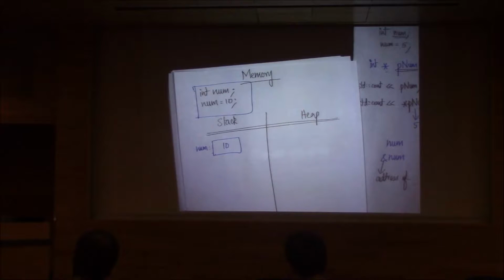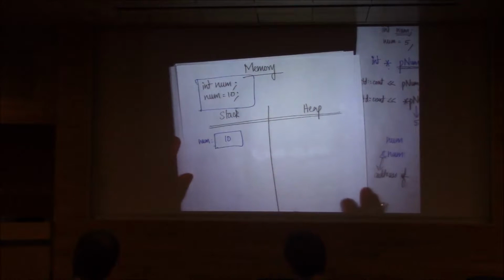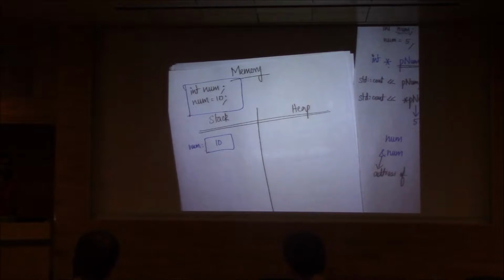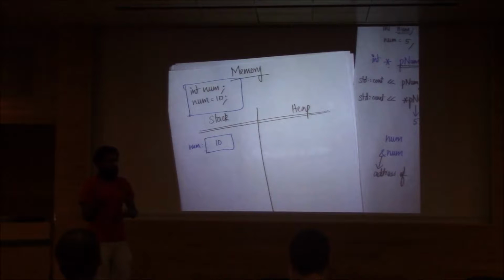But at the same time, we can do something else. If your program, while it is running, dynamically needs some memory, say it decides it needs to store 100 integers. When the program starts, it wouldn't have any idea how many integers the user wants to store, so it wouldn't know how much space to allocate. In that case,